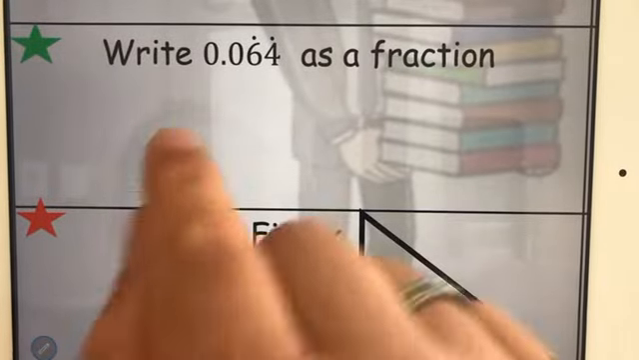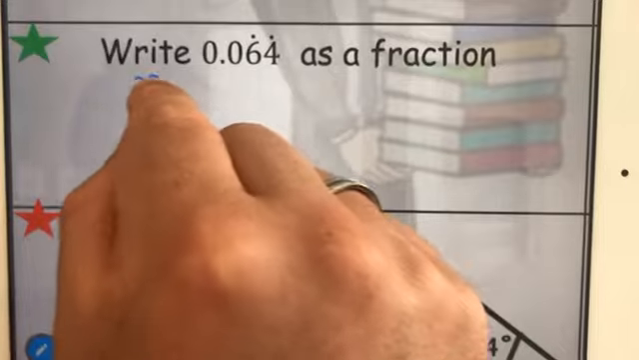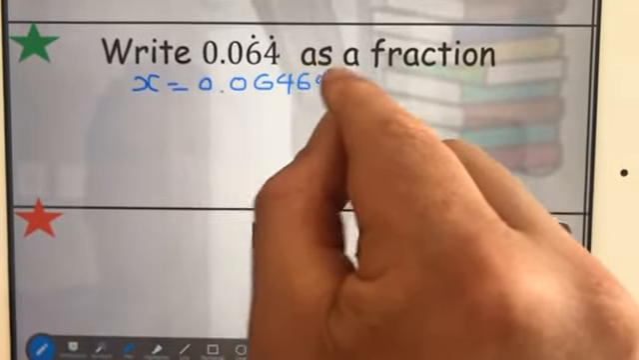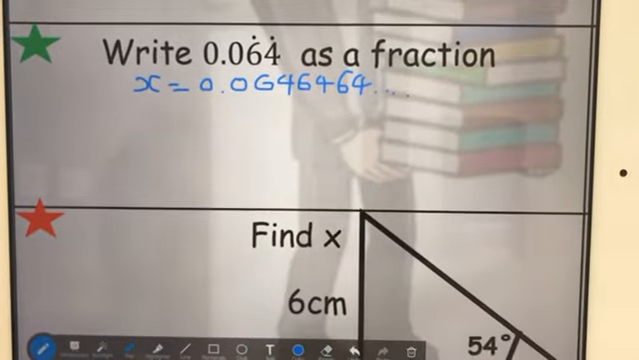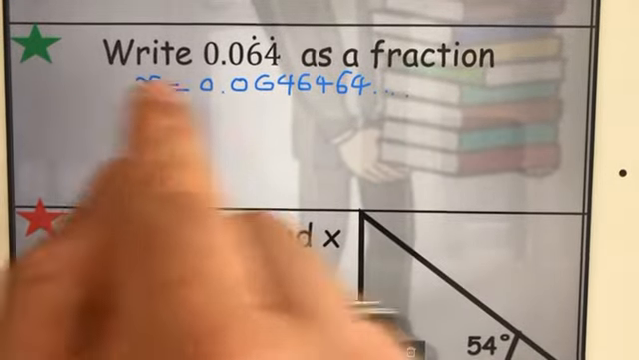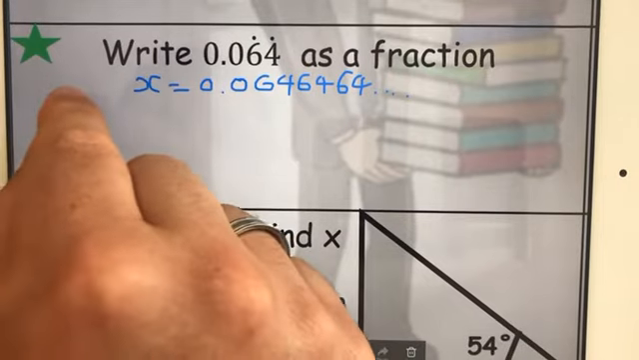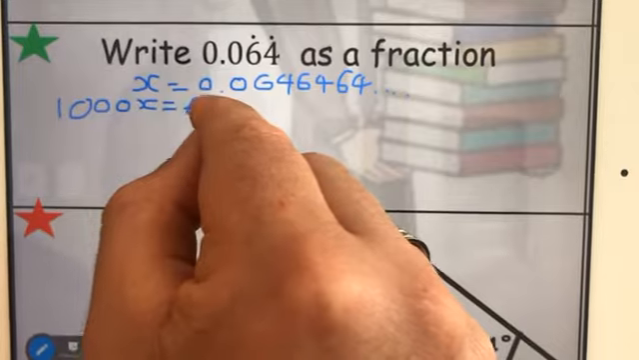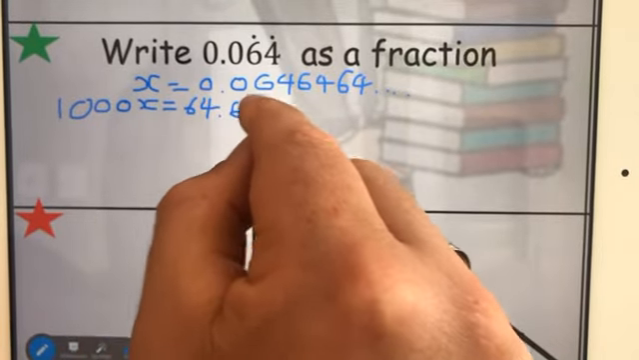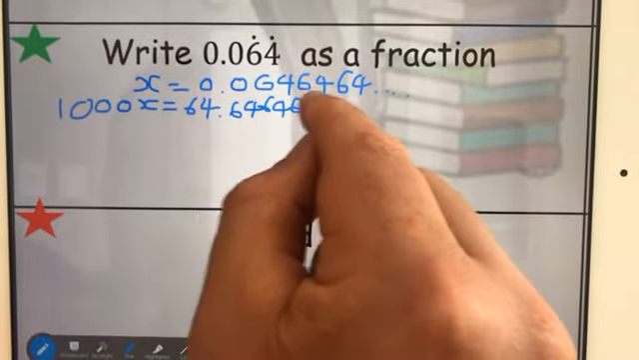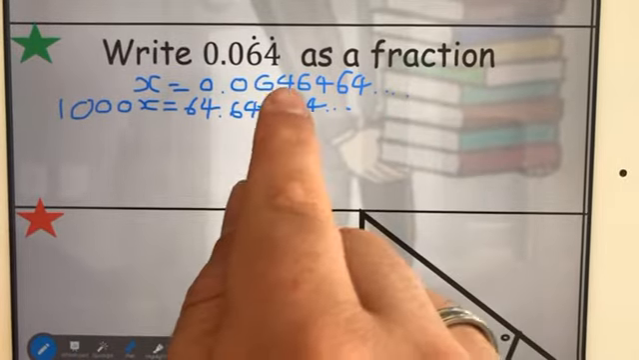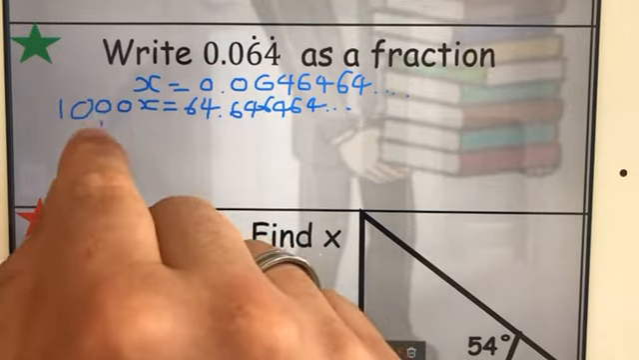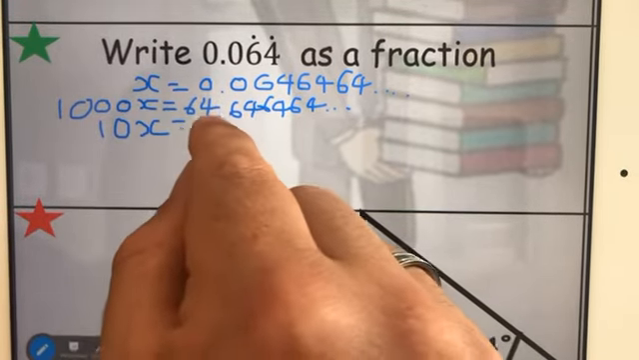0.064 recurring. The 6 and the 4 are the recurring digits, so we're going to have x equals 0.0646464, going on forever. I want to get both the recurring digits over the decimal point, so I'm going to times by 1,000 first. So 1,000x equals 64.646464 going on. Then I want to get the first recurring digit next to the decimal point. To do that, I'm going to times by 10. So now 10x equals